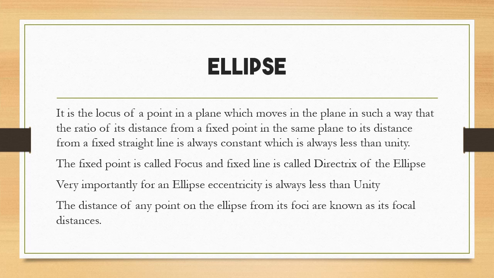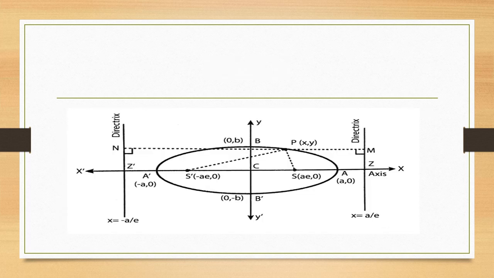Okay, so what is an ellipse? If I give a very good example, planets revolve around the sun in an elliptical orbit. It does not look like a circle, but an elliptical eggy shape. The distance of any point on the ellipse from the foci is known as its focal distance. Just now I spoke about focal distance in a parabola. Now this is how the ellipse looks like, an oval shape. In the diagram, S and S dash are the focus, and together we call them foci. Foci is pronounced by someone as foci, someone else pronounces it differently, so it is up to you. And there they mention x equal to a by e, x equal to minus a by e.